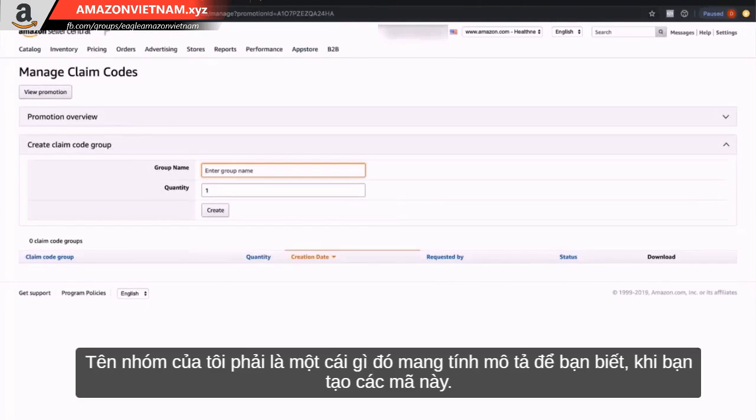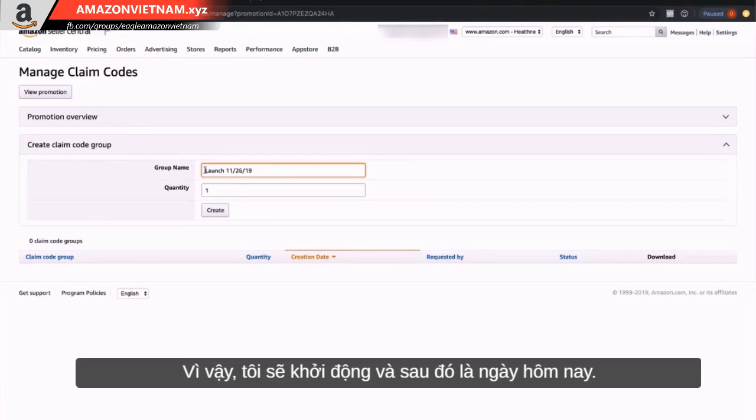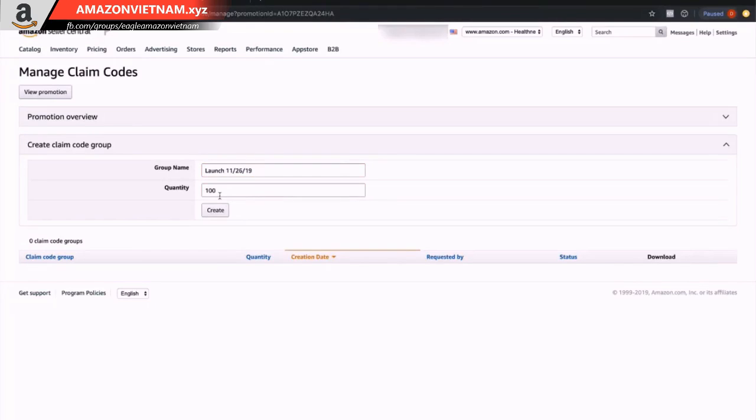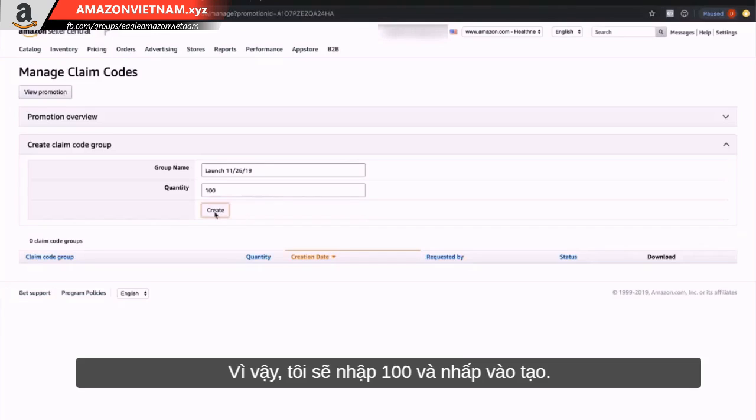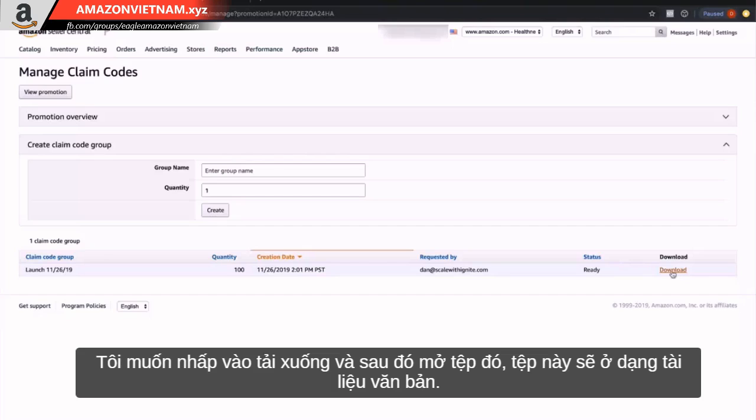My group name should be something descriptive that lets you know when you generated these codes. So I'm going to put launch and then today's date, and the quantity I'm going to create right now is 100. So I'm going to enter 100 and click Create. Amazon will then generate 100 single-use coupon codes that will give the customer 70% off my product. From here, I want to click Download and then open that file,